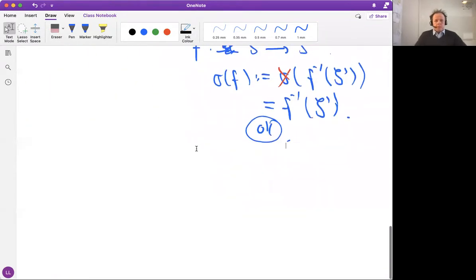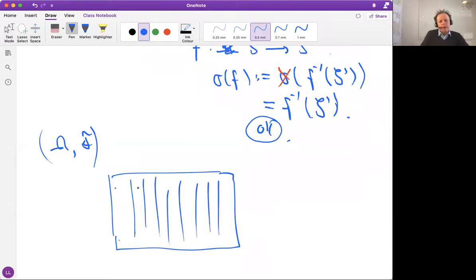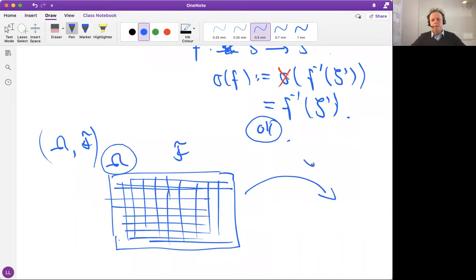Maybe one point to close is that in case we have some sigma algebra F here, the way to look at this is that you could think that there's omega, and there's kind of a grid which is representing the F. So in some sense, you could think of the sigma algebra F as being kind of a grid here in the space. It would be an infinite grid in general, so it would have a kind of infinite precision. But anyway, then you could think that there's some function y from omega to the real line, and you could ask what are the pre-images of there? So they might be kind of